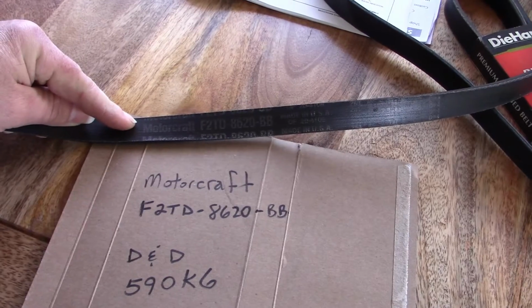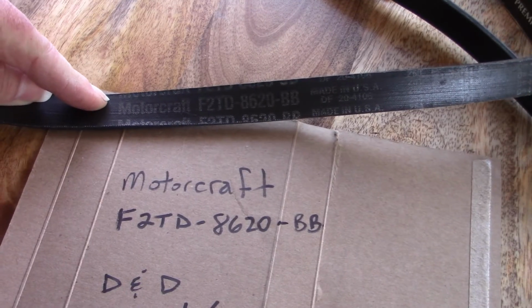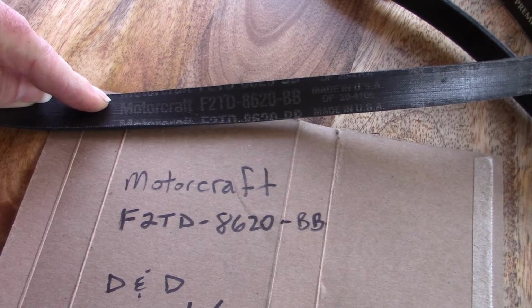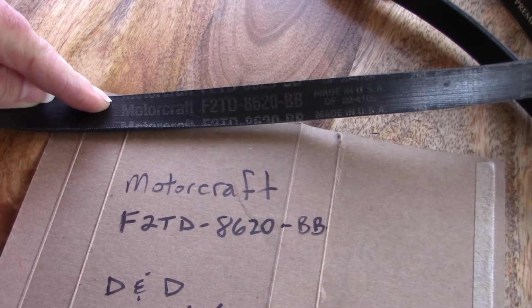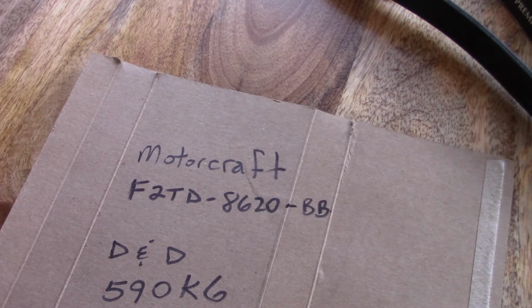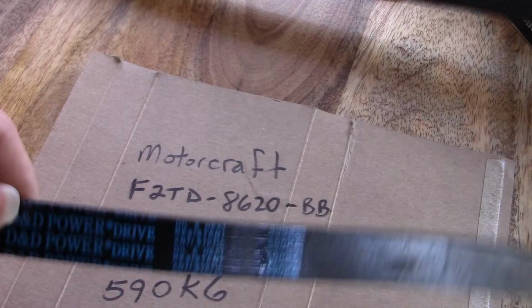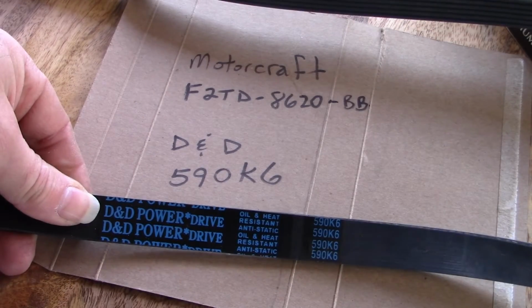Motorcraft F2TD 8620BB. So that's real helpful. Except when I went online to try to find it, I couldn't find it anywhere. Maybe Motorcraft doesn't make this belt anymore. I found one website that was selling an aftermarket belt with that part number, so I went ahead and bought it. And this was the D&D belt, let's see, D&D belt